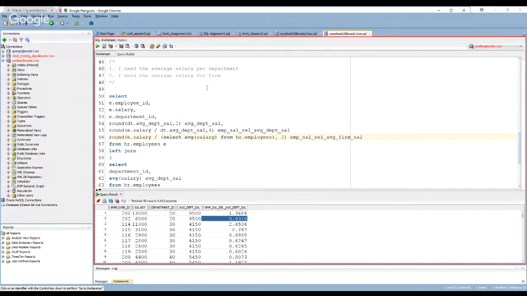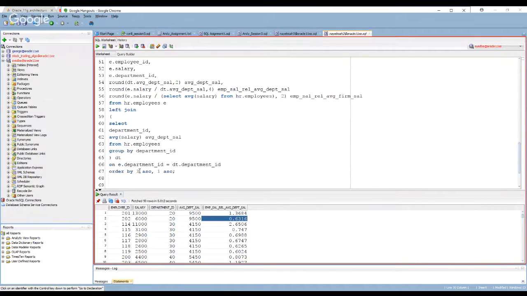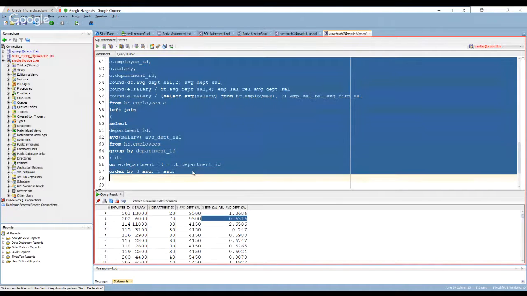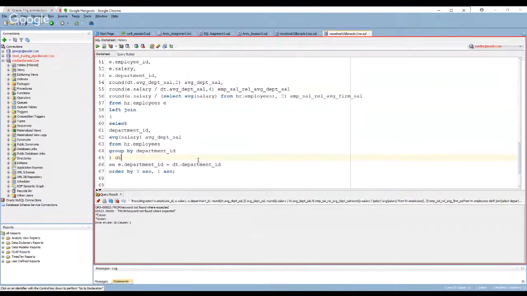What this effectively tells us is, where I typed something wrong, I'm missing a comma here, and let's see, there we go.